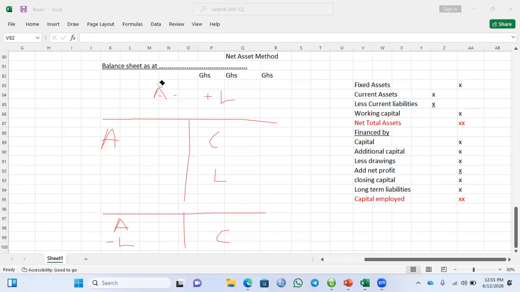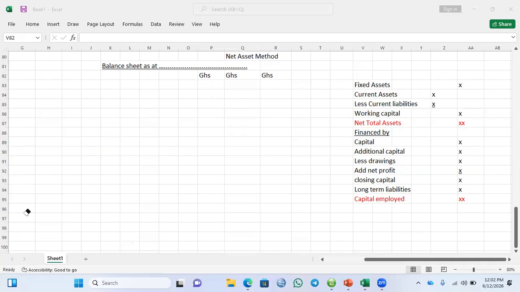Okay, Gabriel, you can ask your question now. Sir, please, can you start this place again? This one, the fixed asset and the current asset, please. I don't understand why the current liability is under the asset place. Okay, so